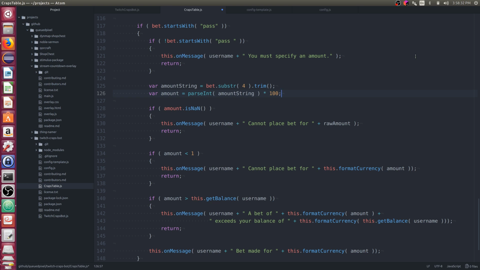So I'm hopeful that isNaN will work properly. I'm not sure though. But yeah, I'm a little worried about repeating back this raw amount, because if somebody types in something that is rude or lengthy, I don't really want the bot to repeat that.